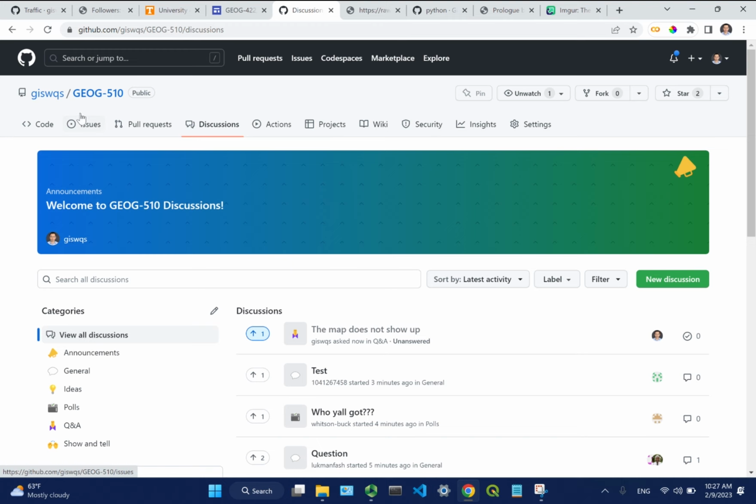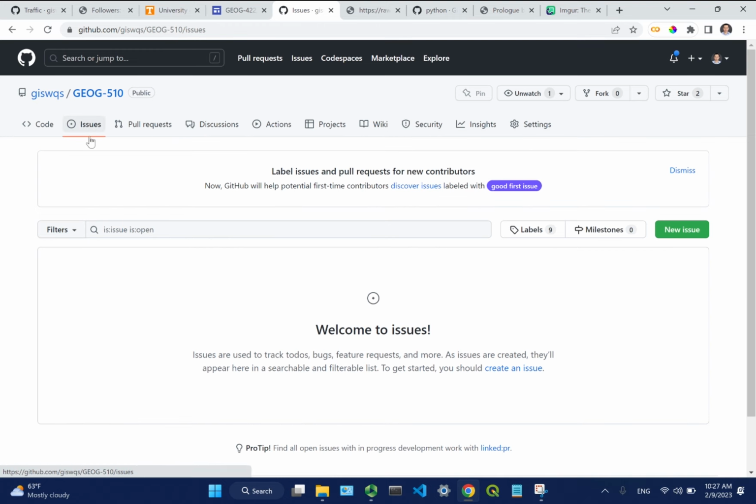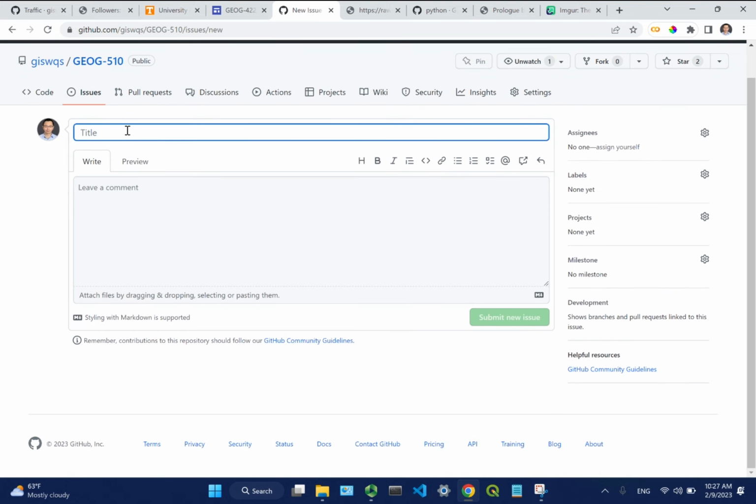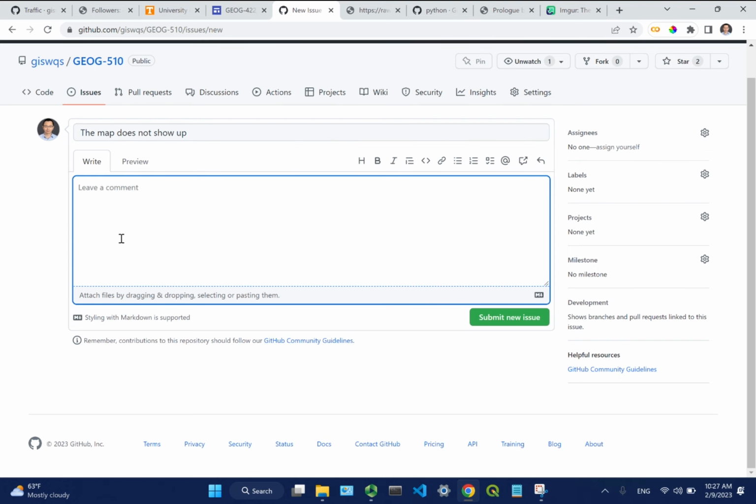You can do that. The next one I'm going to show you is issues. So issues is pretty much the same thing, except that an issue is usually used to report bugs or make a feature request or something. So I can click here, new issue. Alright, and then from here I can ask a question. Okay, so I say the map does not show up. Okay, so this is a bug. And how to reproduce, for example,